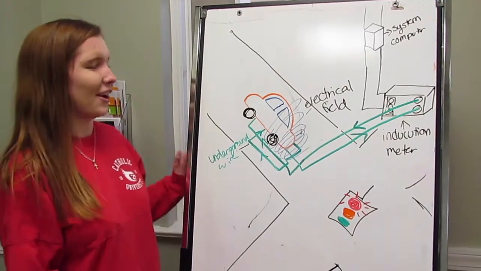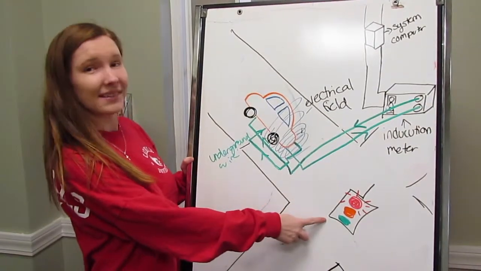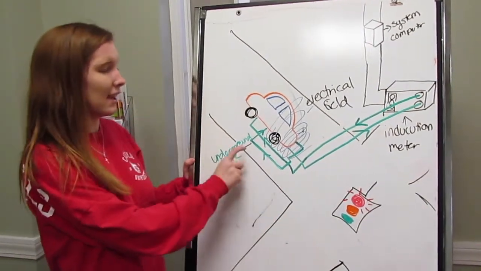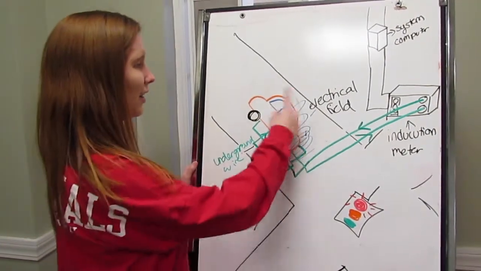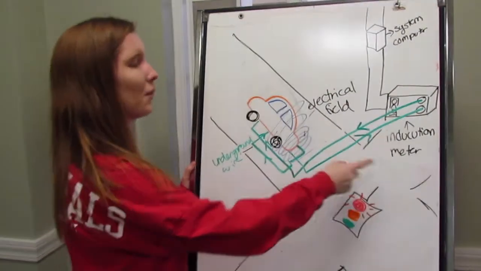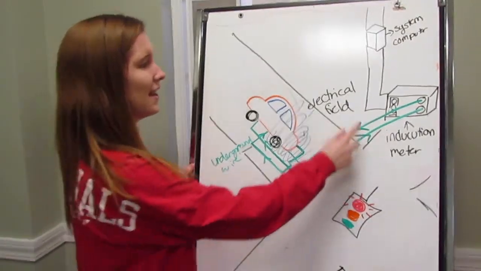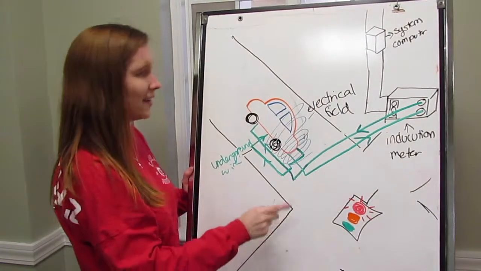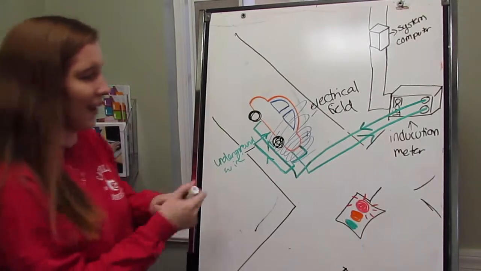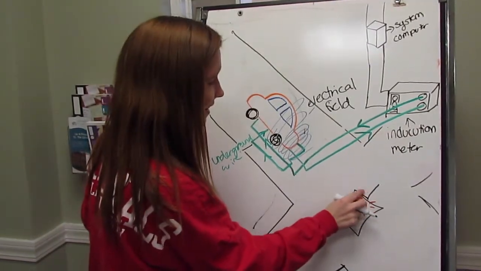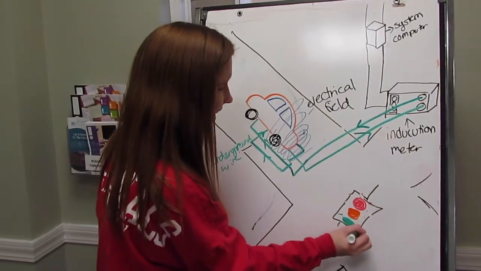So here we have a drawing of the situation where the metal car comes to the intersection and the light is red. He then goes onto the plate, which enters the electrical field, where the induction meter reads that the induction increased, which then, connected to the system computer, transfers the light, and instead of being red anymore, it turns green